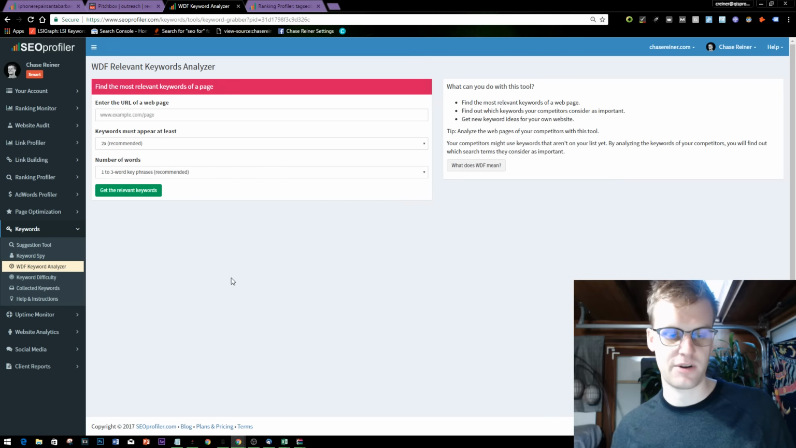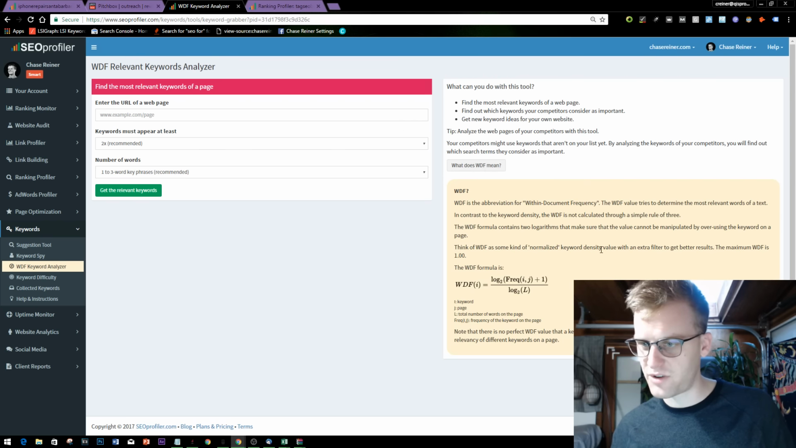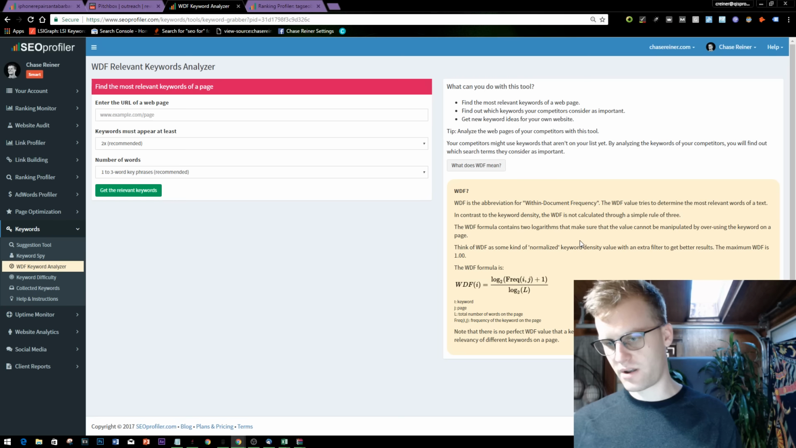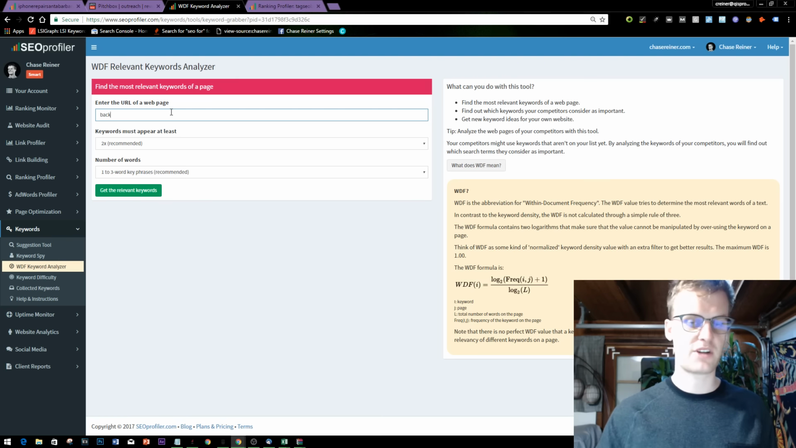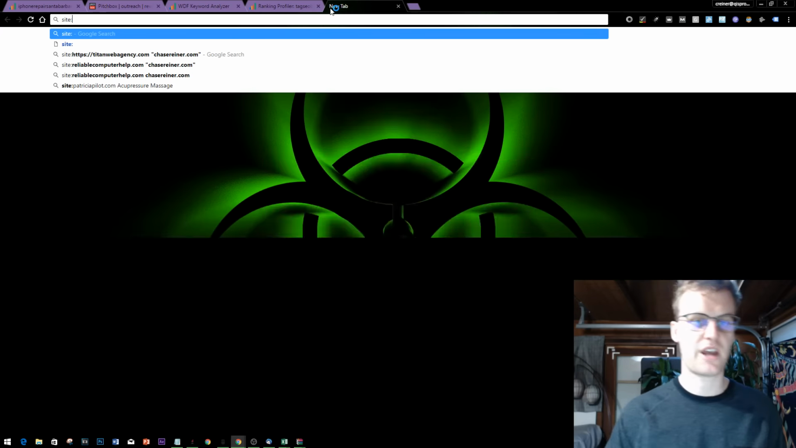WDF keyword analyzer. I think this is web difficulty. I don't know what this one is. This is new. WDF is an abbreviation for within document frequency. Okay, so this has to do with keyword density, I believe. So if we go to backlinko.com, and then we'll put a skyscraper article that he does. So we'll just use site backlinko.com,